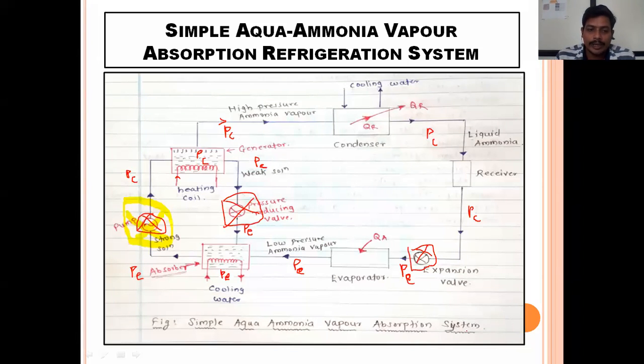But as we are eliminating the pump, that's why, at the same time, along with the pump, I have to eliminate the pressure reducing valve as well as the expansion valve also. Meaning, in case of Electrolux refrigeration system